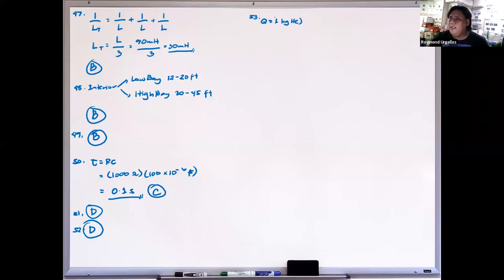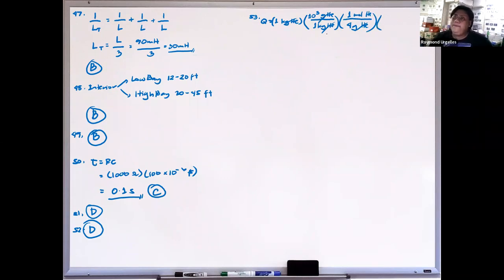So gagamit lang ako ng concept ng stoichiometry. First conversion, we have 1,000 grams of helium for every kilogram of helium. Pangalawa, we know the molecular mass is 4, so that's 4 grams per mole. Ibig sabihin, 1 mole of helium contains 4 grams of helium. And by Avogadro's law,